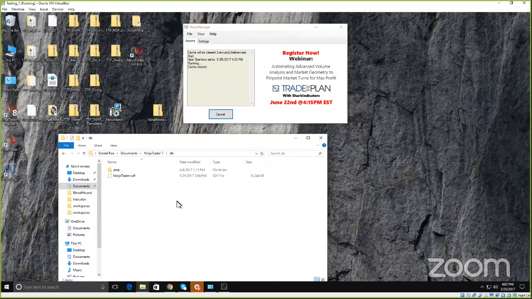well, let me put it like this. Have you ever had Ninja open? You see that, you're connected to data, you have the current bars building, and then you close Ninja and immediately reopen it. And when you reopen it, you're missing all of the data that you just had on the charts. You're missing the data back to the point where you last opened up Ninja and connected. So I can't remember exactly why Ninja does that, but